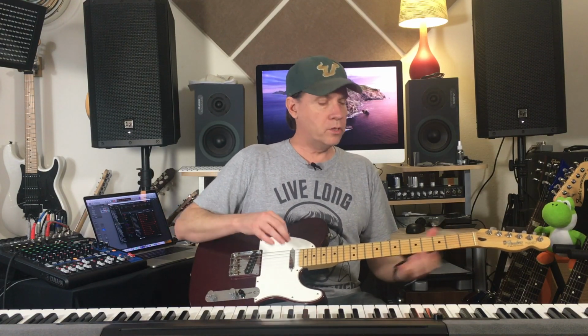And the high E string sounds good, doesn't it? It doesn't sound super thin. I think partially because of this. Now, clean, if you switch to this pickup, it's pretty bright, and it's kind of interesting how this is the sound of funk, but it's also the sound of country, right? So